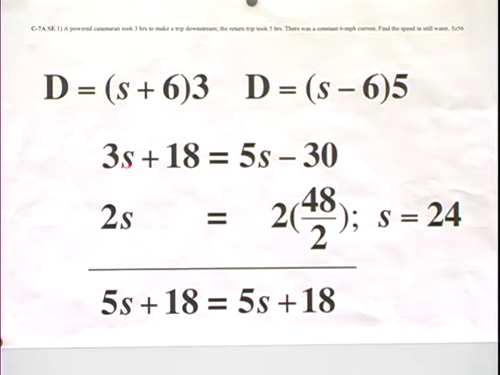3 times s, there it is. 3 times 6, 18. 5 times s, right there. 5 times minus 6, minus 30. Now we're going to solve by constructing a symmetrical equation such that when it's added to the asymmetric original equation, will yield translational symmetry. The first thing I'm going to do is add 2s to 3s to match that 5. So that's